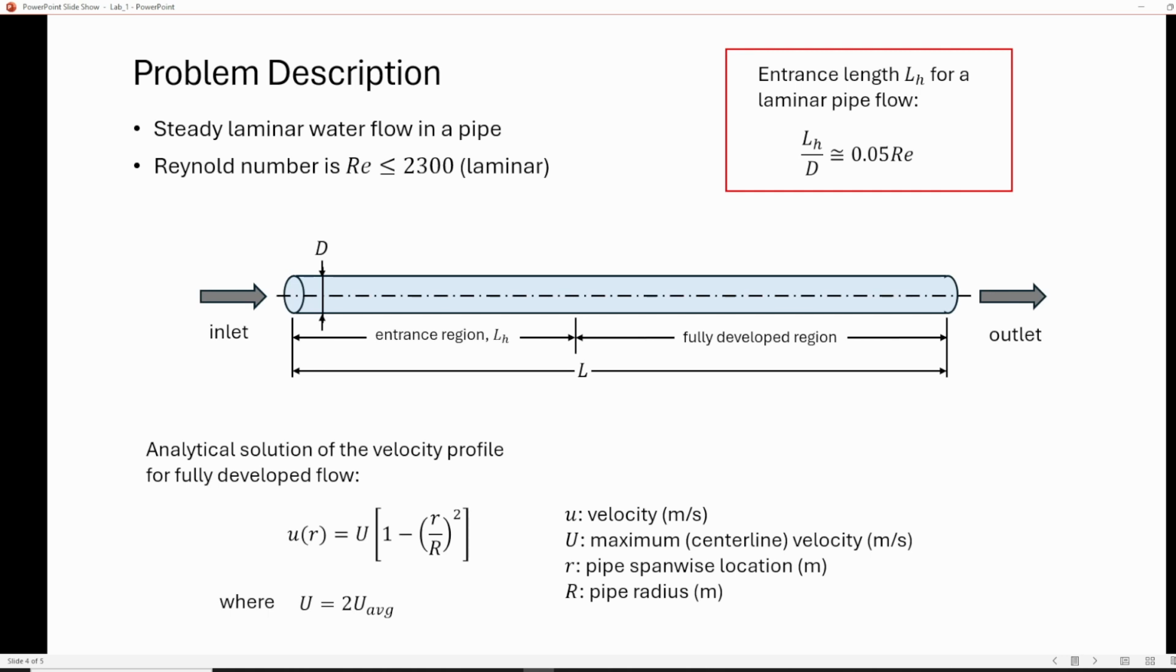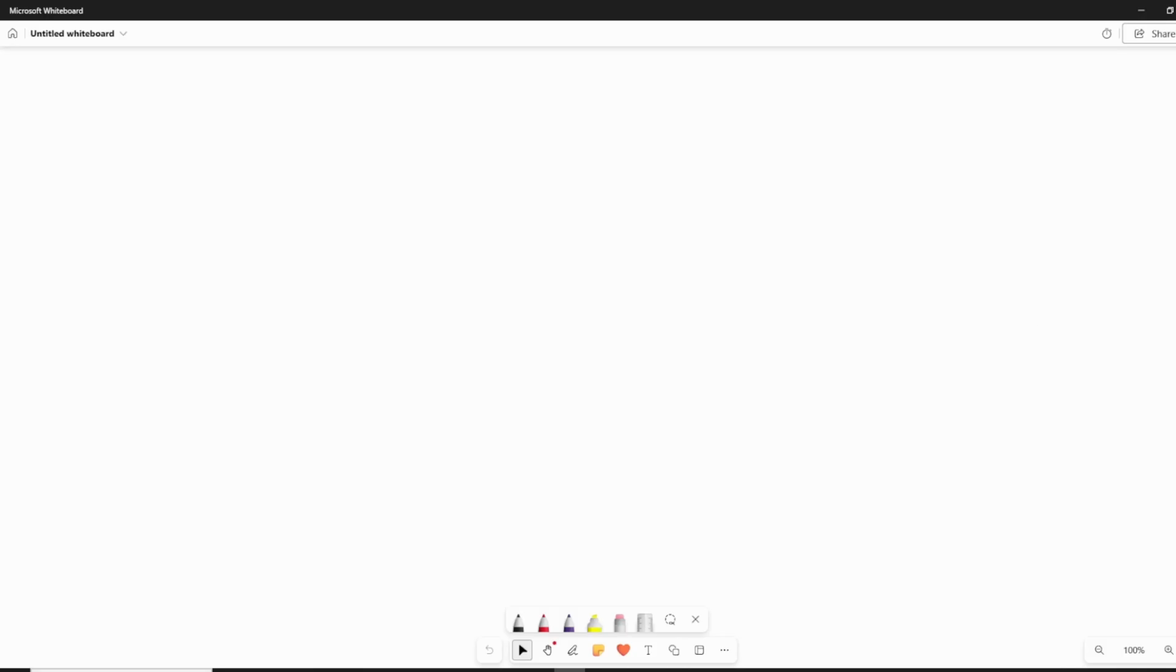So for laminar flow, we first have to consider the Reynolds number, and this is calculated using this equation. The Reynolds number is given by rho V d over mu. When the Reynolds number is below 2300, the flow is laminar,